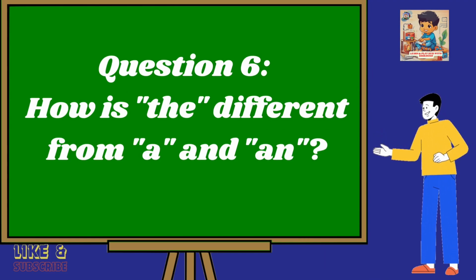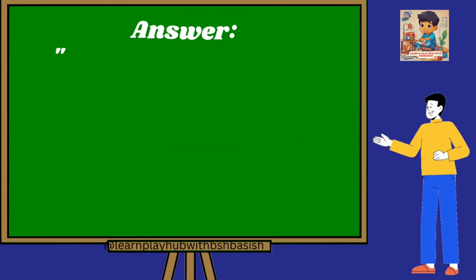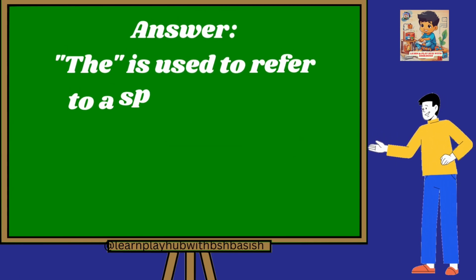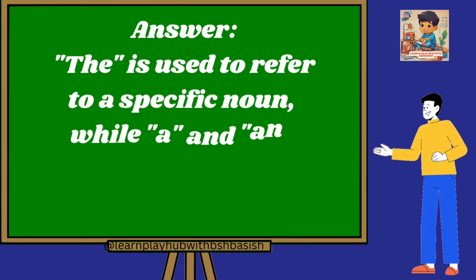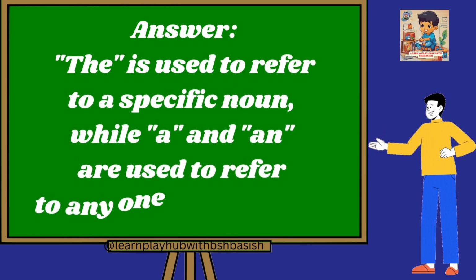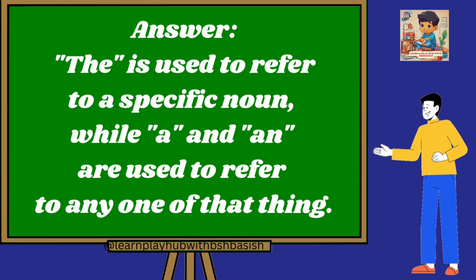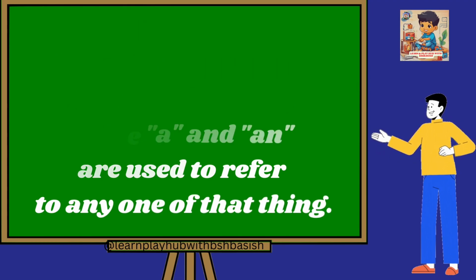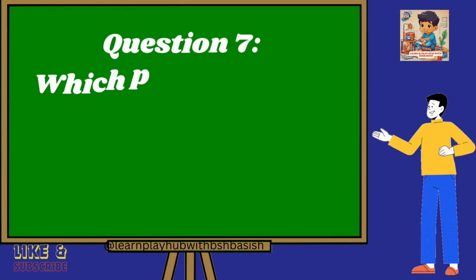Question 6. How is the different from a and an? Answer. The is used to refer to a specific noun while a and an are used to refer to any one